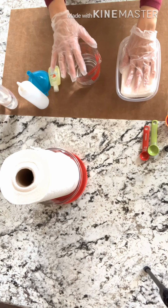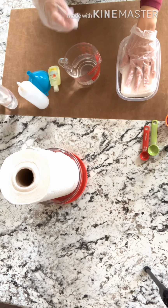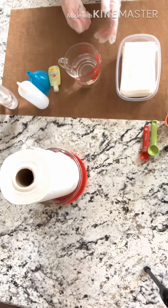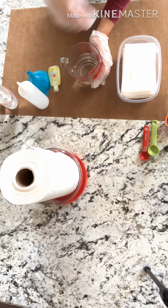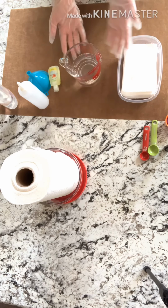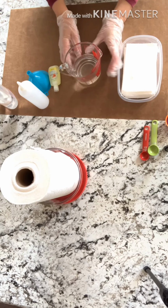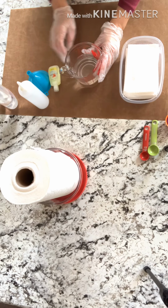I still want to use the hot water because I want to make sure that my oil and my baby bath are mixing well. That's another reason too. When you're mixing water and oil, they really don't mix well. So you've got to make sure that your water is hot enough to get it to kind of break down just a bit, just enough to give you time to pour it, because when it cools down, it's going to rise. It's going to separate your oil from your water. So that being said, 1 cup of hot water,